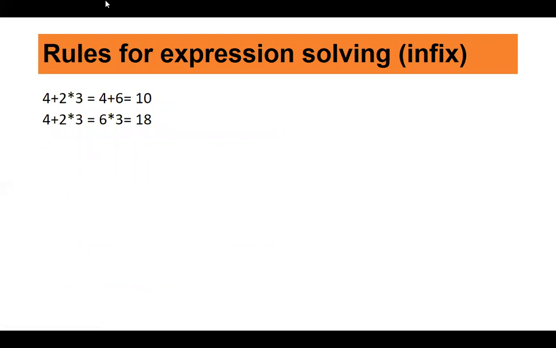So here is an example, a simple expression. We have 4 plus 2 into 3, right? You can solve this by 4 plus 6 is equal to 10. For the same expression, you can get the answer as 6 into 3 is equal to 18. So what we did here, we first carried out the multiplication. We said 2 into 3, that is 6, and we did the addition. So we get 4 plus 6, that is 10. Here what we did, we first carried out the addition and then we carried out the multiplication. So you get the answer as 18, right? Now, which one is correct? Both expressions we have solved, but how do you decide which one is the correct one?